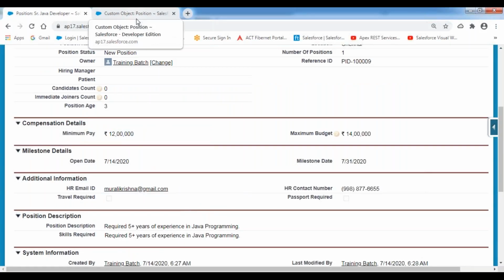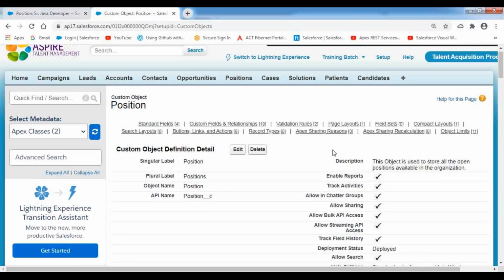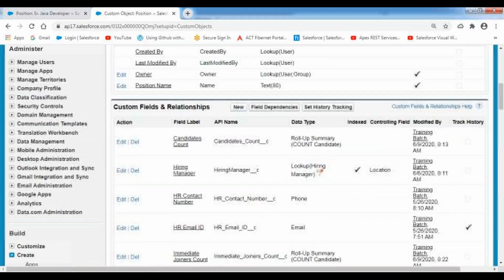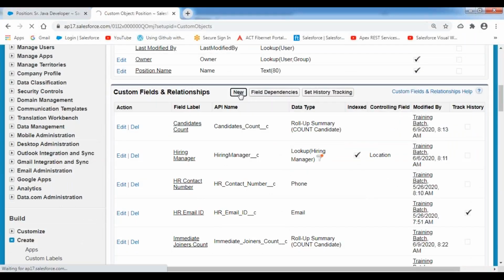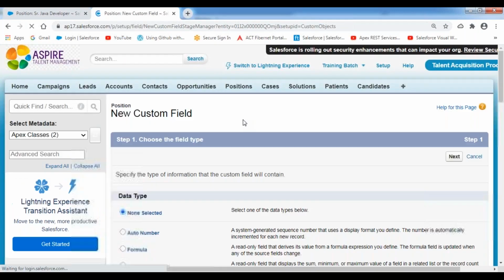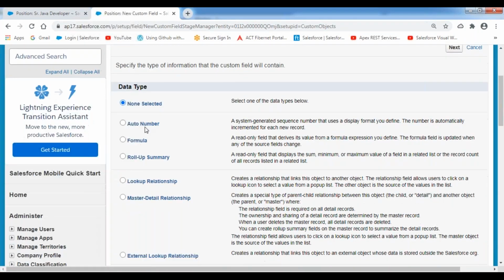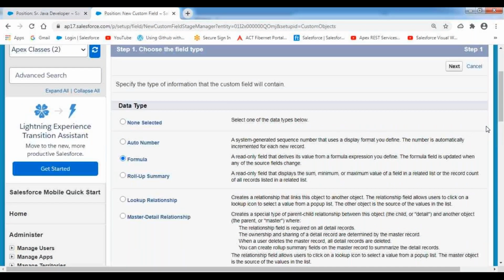Now let's see. I'm creating a custom field inside my custom position object. Select the field data type as formula. Click on next.